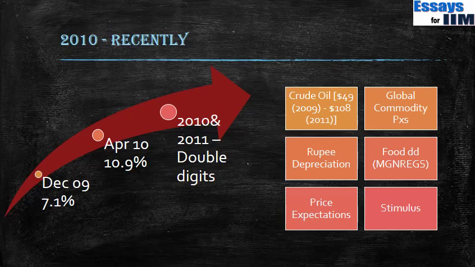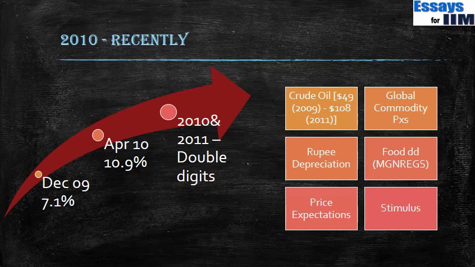And also when Indians suddenly saw a period of high inflation, right from December 2009 onwards, the price expectations also started to rise. People started thinking, well, it is very difficult for the government to contain the prices. There were various demonstrations against price rise. One reason for the change of regime here was price rise. So the higher price expectations settled in the minds of people, and they felt that the prices will not stabilize in a hurry.